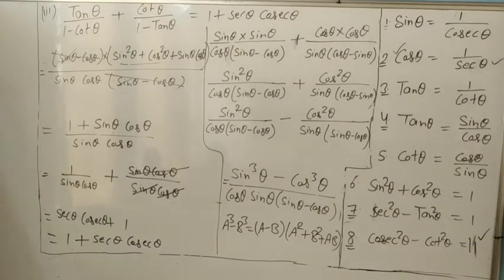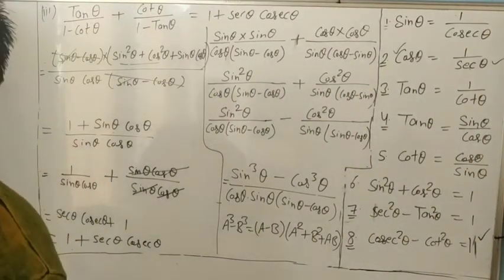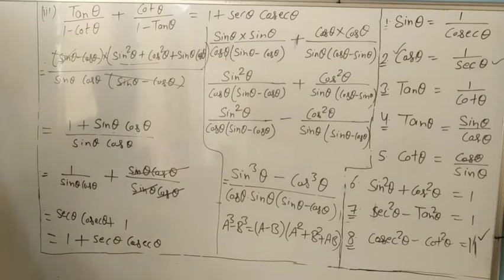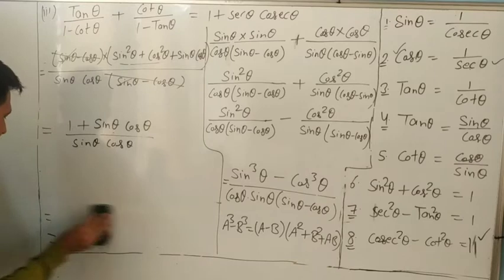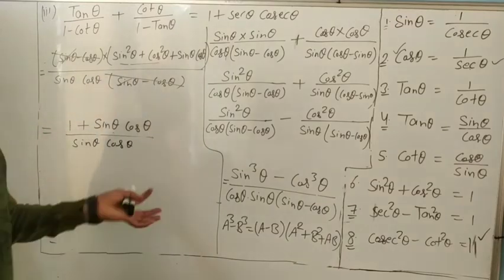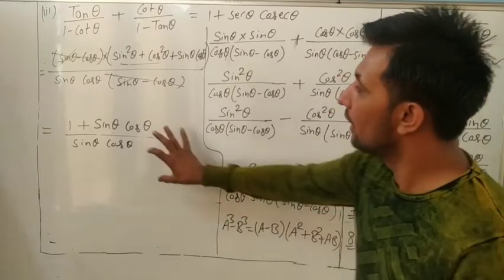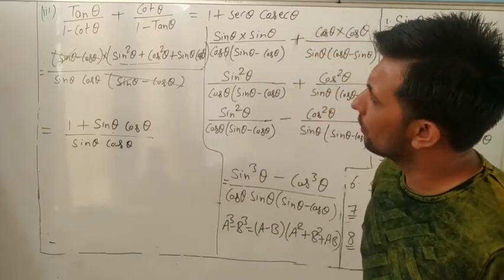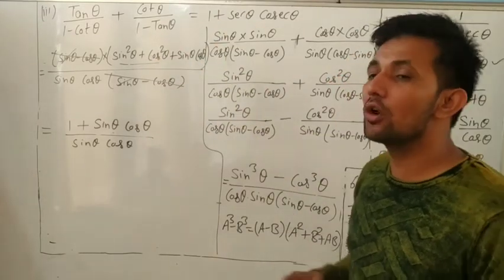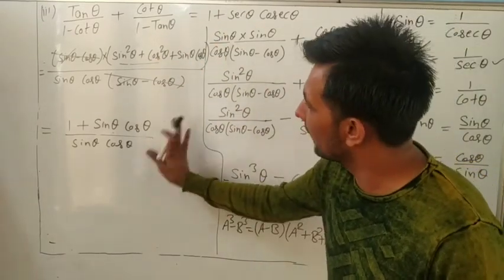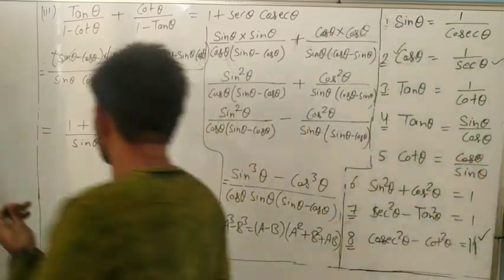Now, dear, one more thing is very important in that question. Suppose some students find the answer till there, okay? And they don't know what we have to do next. Suppose you have solved only till here and you don't know what to do next to make the left hand side equal to the right. If you don't know what to do, we have already solved the left hand side till here. Now you can take the